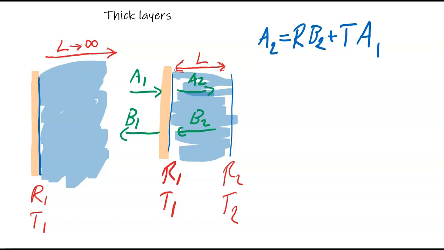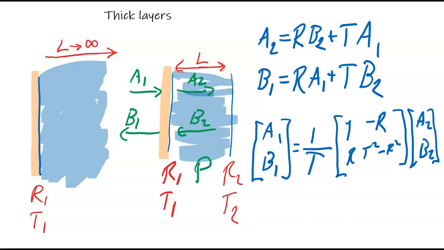On the other hand, B1 is a sum of reflectance from A1 and transmittance from B2. Now we can solve these in matrix form for the powers as